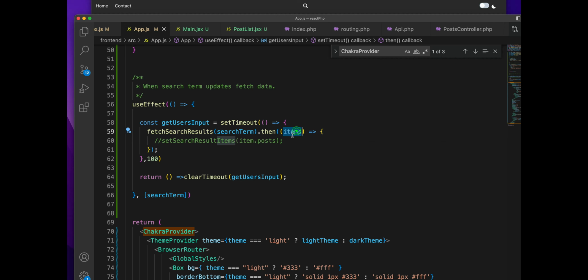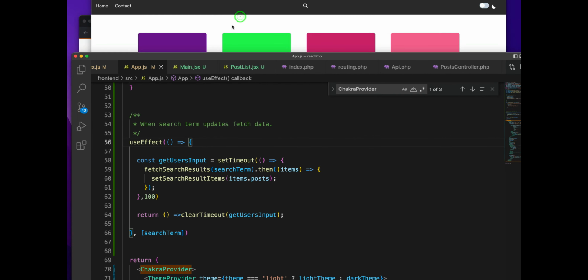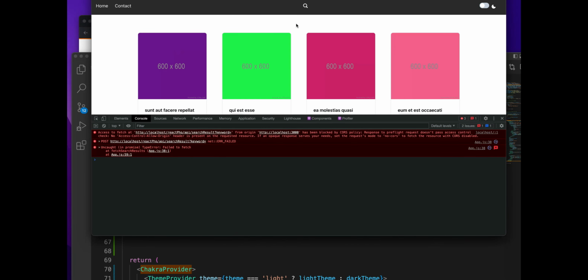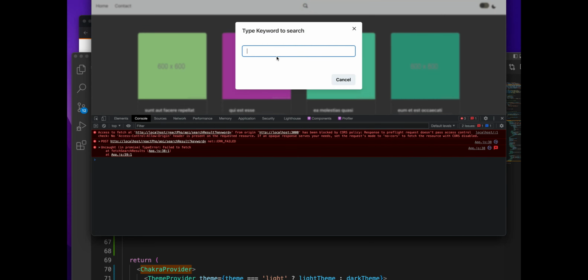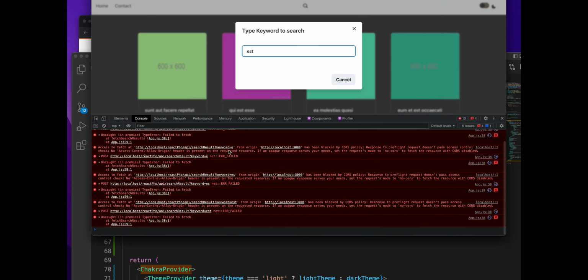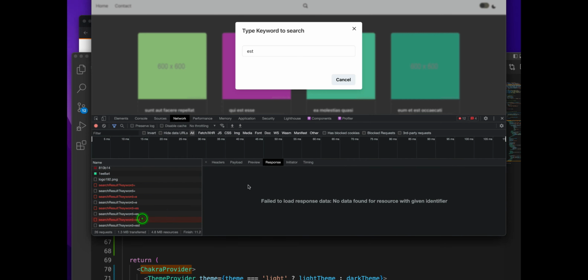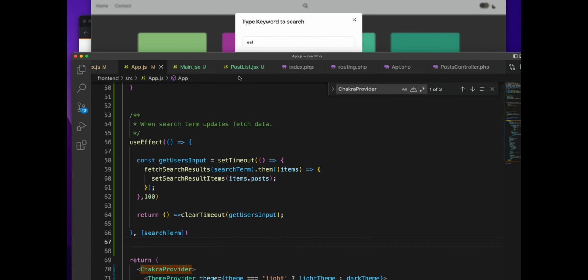Okay, we're passing items here, so it's going to be items.posts. And now if I refresh here, let's search for est. So what happens? We're saying est here. Okay, we need to include headers in the